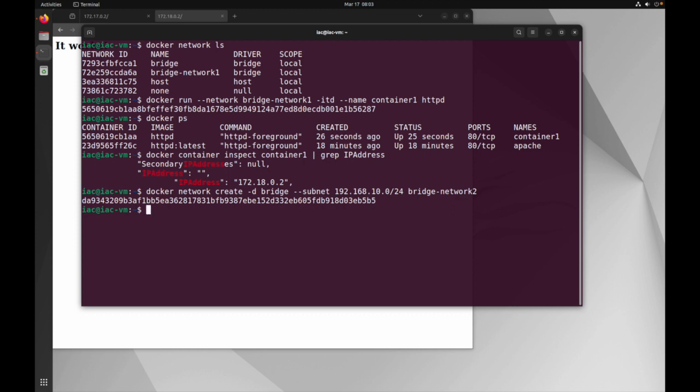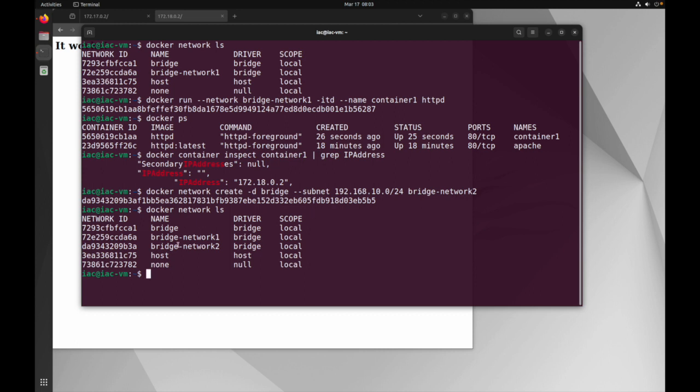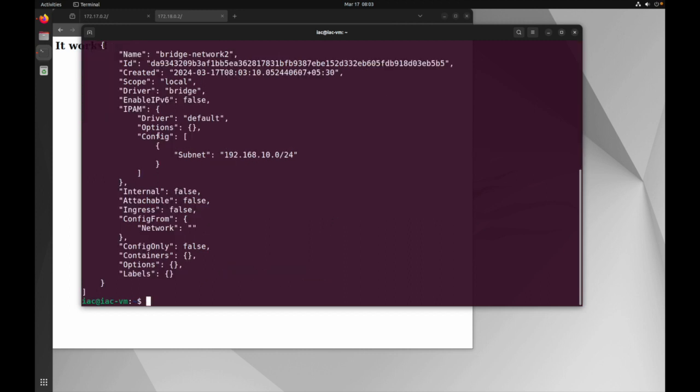You can see it is created now. Let's check the networks available in my machine. As you can see, the bridge network 2 is there. I'm going to inspect that one, docker network inspect, and the bridge network 2. So it should have the subnet of 192.168.10.0 and 24 is the mask. So you can see the subnet details here,